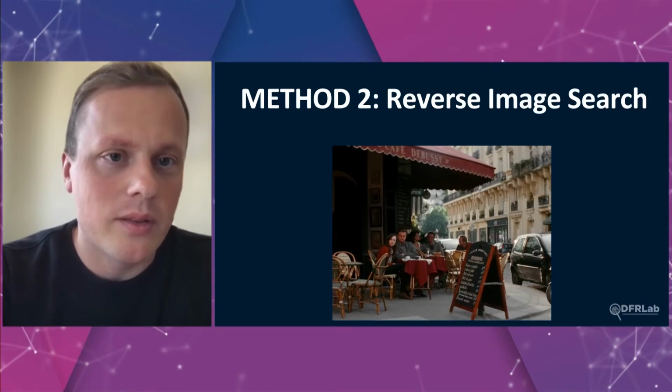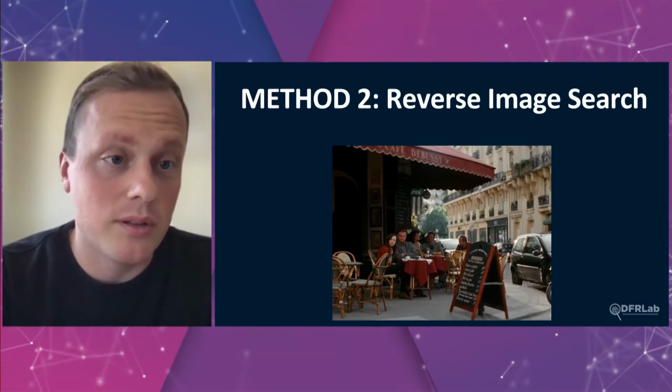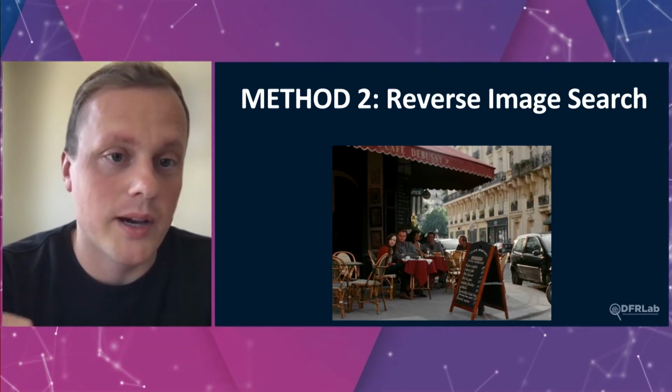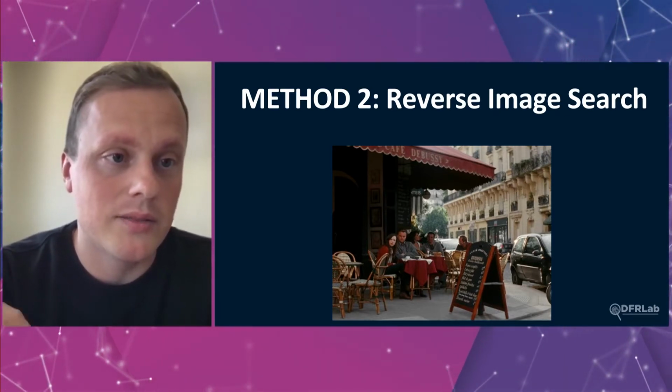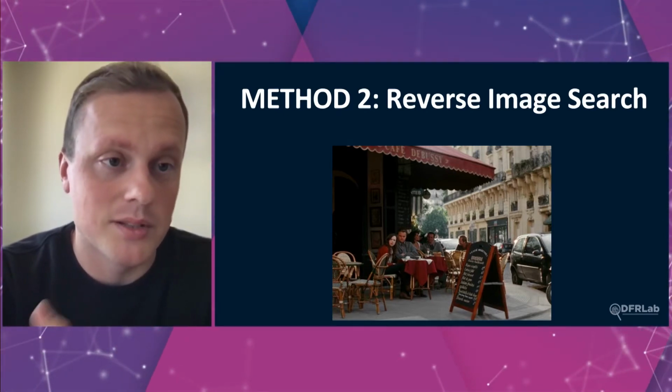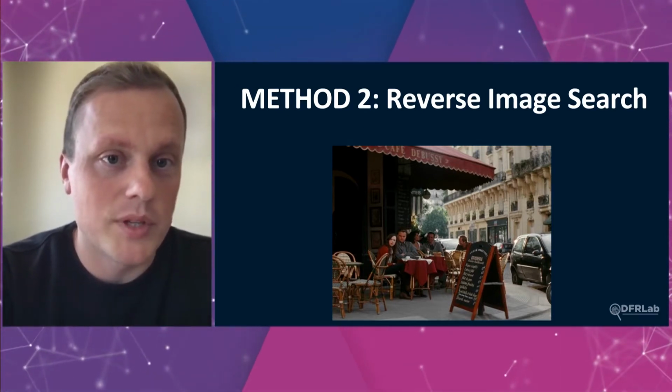We also have the method of reverse image search, and we use it not only to verify if the photo is genuine or not, but we can also try and find where it was taken. The idea is if the photo was publicly taken, most likely there are other similar photos of the same place online, and by doing reverse image search, we can find them quite easily. Next slide.